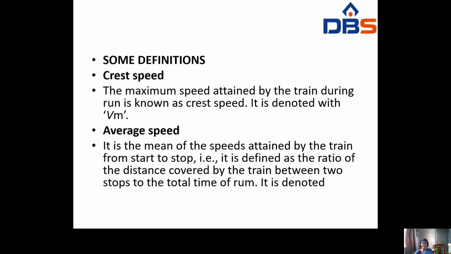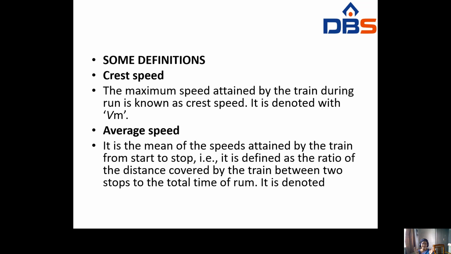And the next one is average speed. Average speed is nothing but the mean of the speed attained by the train from start to stop. At the start it has some speed, and from start to stop it has different speeds. Whenever you take the mean of the speed, that is called average speed. In definition, it is defined as the ratio of distance covered by the train between two stops, that is from the starting station to the ending station,